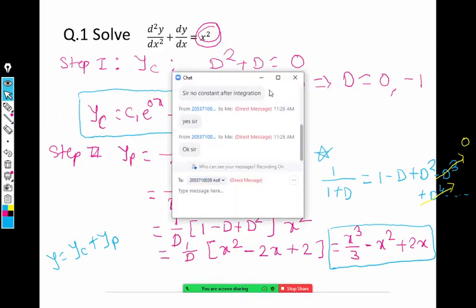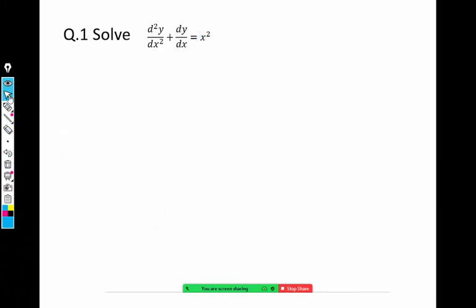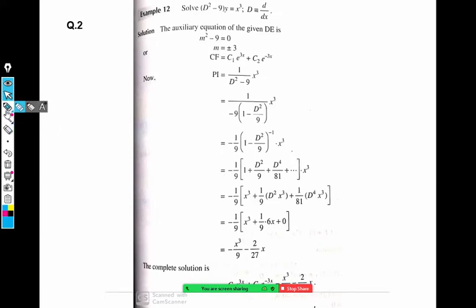Okay, good. So I will move to the next question then. Question number 2. It is exactly similar to what we have done right now. So again, it is a solved numerical. In the book, if you observe how it is solved, they replace d by m for the auxiliary equation, but there is no compulsion to replace d by m. You can write the auxiliary equation directly, like d square minus 9 is equal to 0. That's the auxiliary equation. So d is equal to plus or minus 3 are the roots.